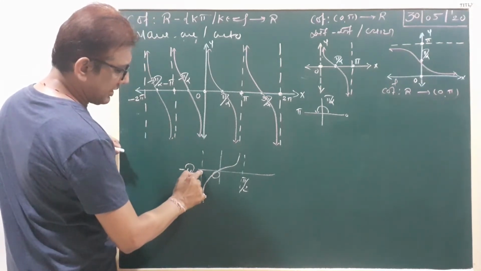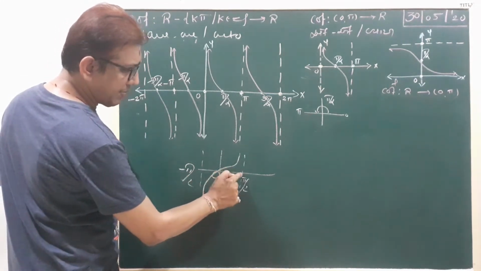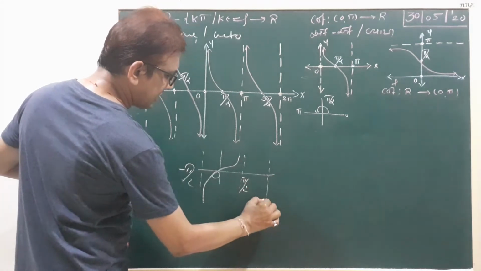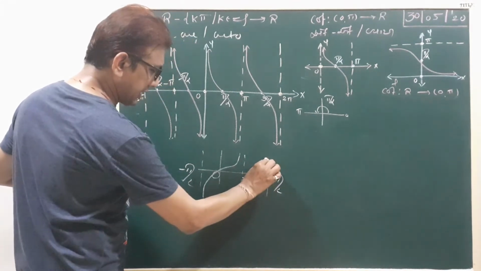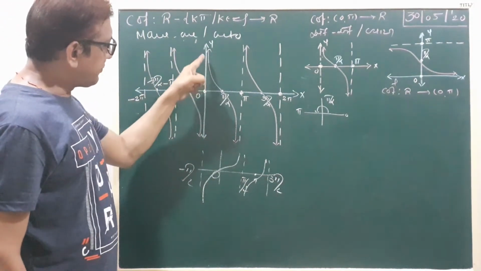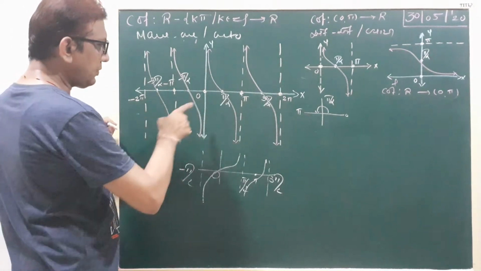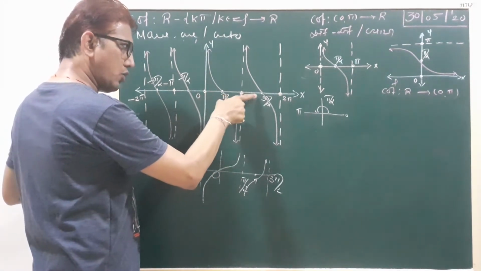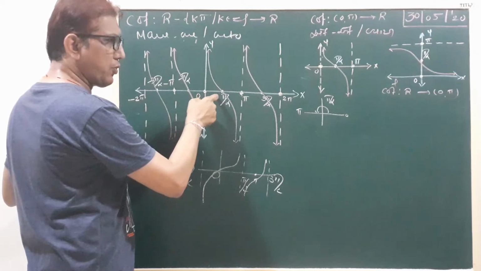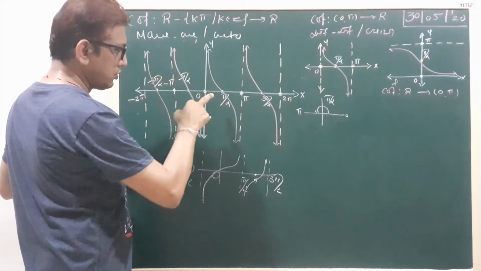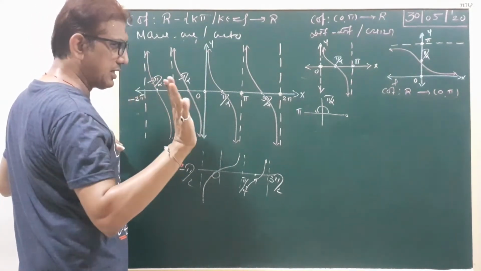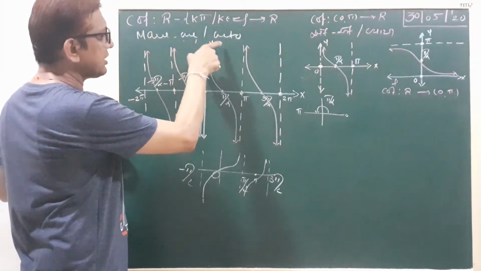Clear? Okay. So now we draw the tan graph and cot graph over 0, pi, 2 pi. Here we select the open interval minus pi by 2 to pi by 2. Then we draw here 3 pi by 2 and again here the intersection point pi. Now the graph intersects the x axis. Cot pi by 2 is 0, cot 3 pi by 2 is 0. On the x axis, whenever the graph intersects, at that point the value of the function is 0. So cot pi by 2, cot 3 pi by 2, cot minus pi by 2, cot minus 3 pi by 2 is 0. Is that clear? Okay. So this function is many one and onto.